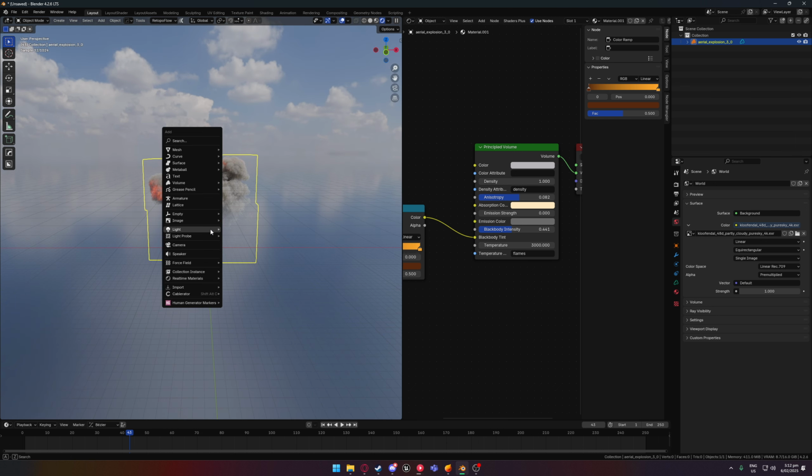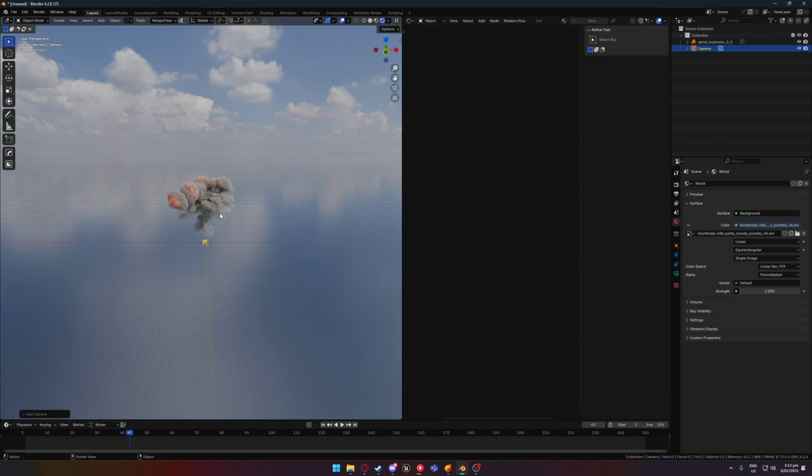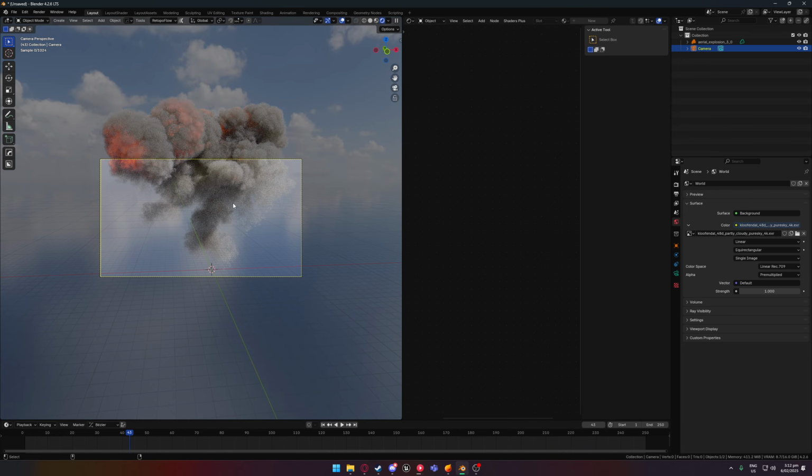You can always add your camera. We can just set it up over